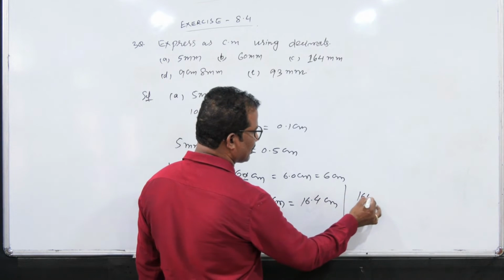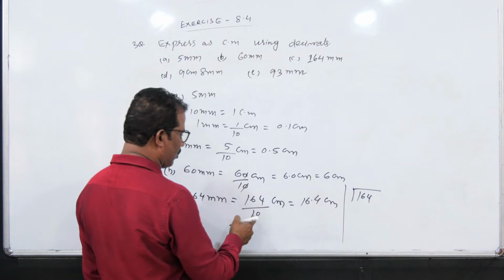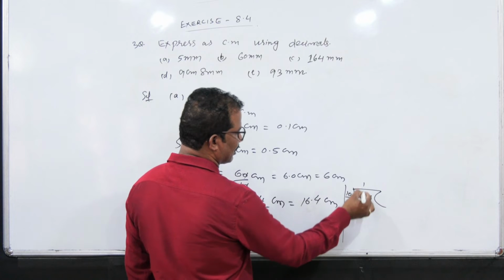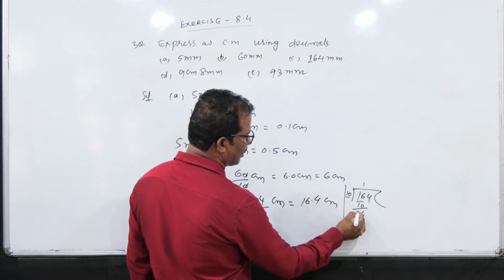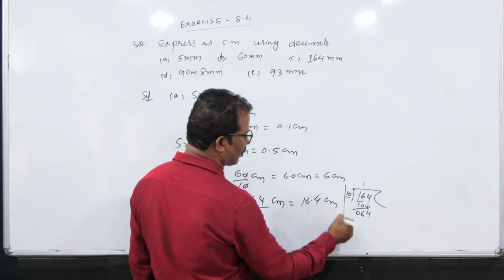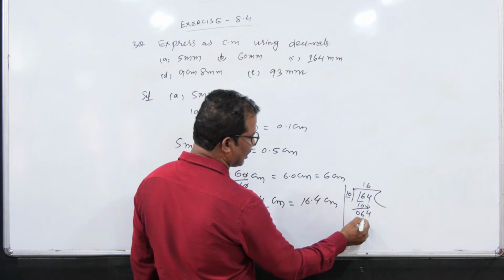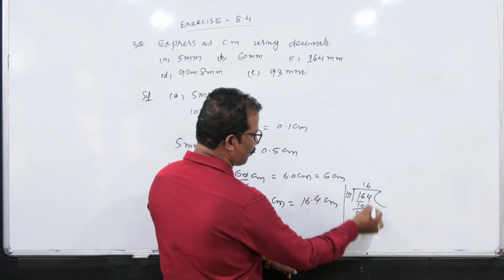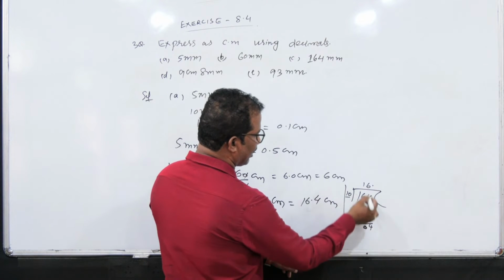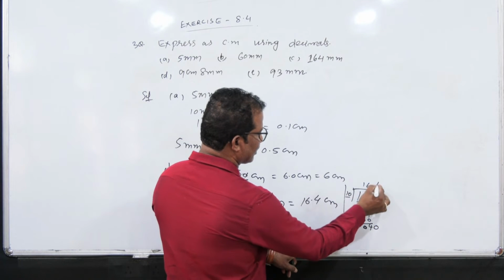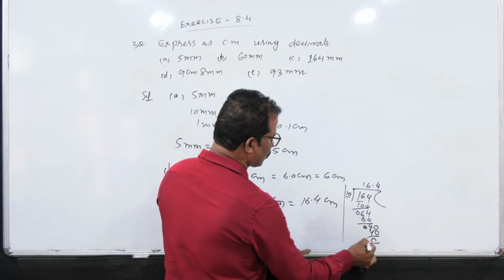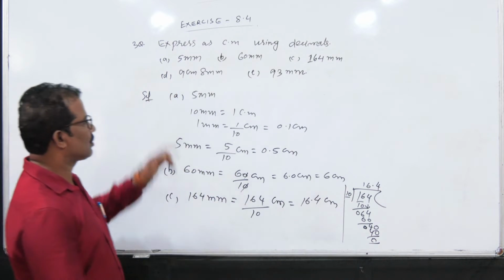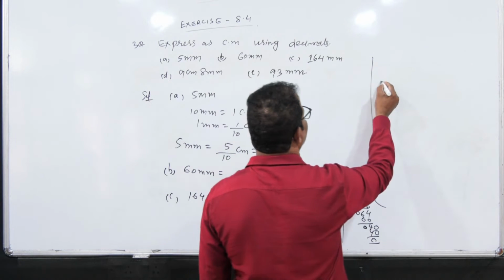How can we divide? You know now? Now you can see, if we divide 164 by 10, we can take the first two digits. That is 10 ones are 10, and here 6 remaining, 0. What will come down? 4. It is 64. 10 6s are 60. Here 4 remaining, 0. No number is there to come down, so we can put a point here, and for this point we can add 0 here. That is 10 4s are 40 only. So how much we got here? 16.4 centimeter. Understand?